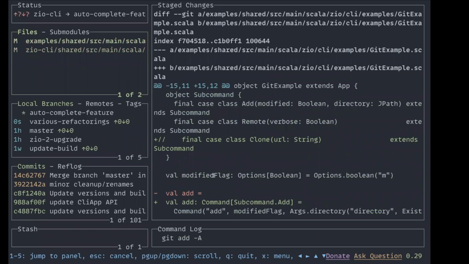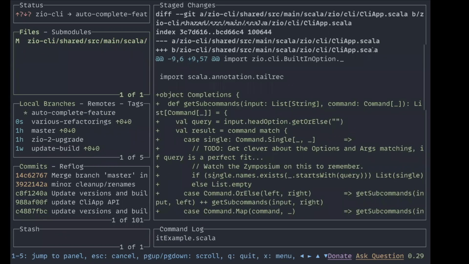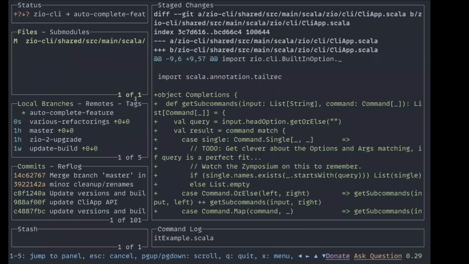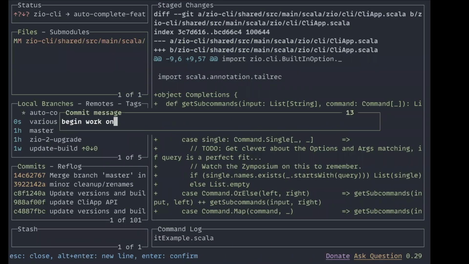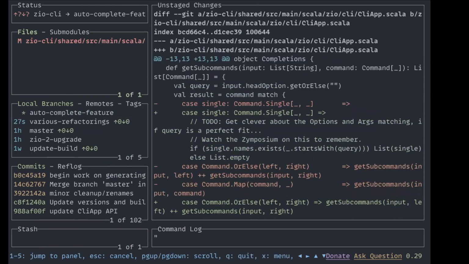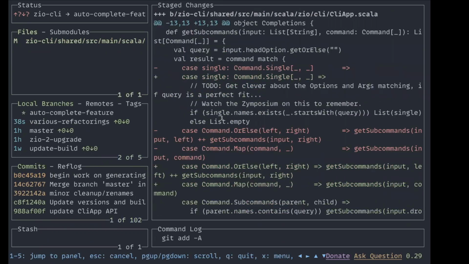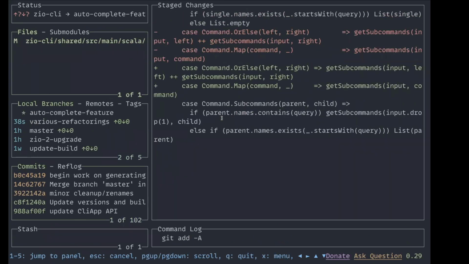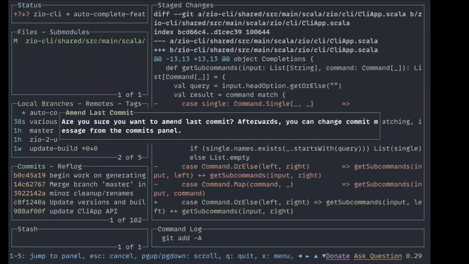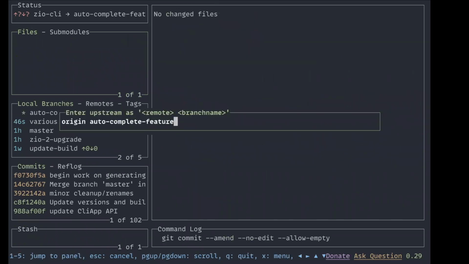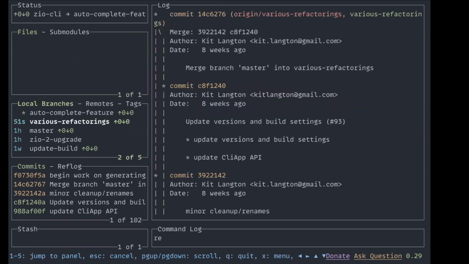And did I do anything else strange? Oh yeah, I mucked around with examples. I'm going to discard that, and then I will commit after formatting. Let me make sure I formatted this thing. So, begin work on generating autocomplete for bash, zsh. I did not. Looks like this was not formatted previously, so I'll add that. Sure, we'll get in there too, and I'll push that up to origin autocomplete feature,